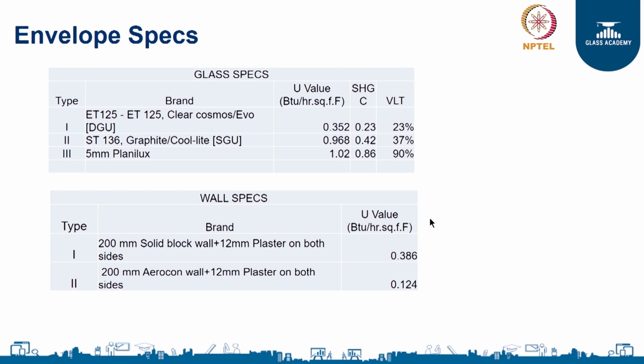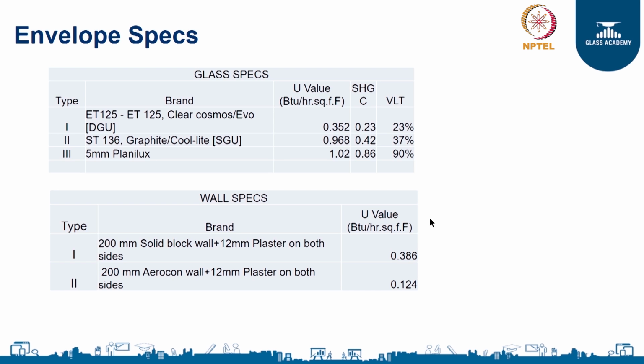So as you can observe here, as the SHGC gets reduced, your VLT also goes down, right? Which means you are trying to balance the two, because the more the SHGC, the more the heat that's going to come inside the building. So you want to keep the heat content low, at the same time you want more light, right? You want the best of both, and that's a challenge for most glass manufacturers,